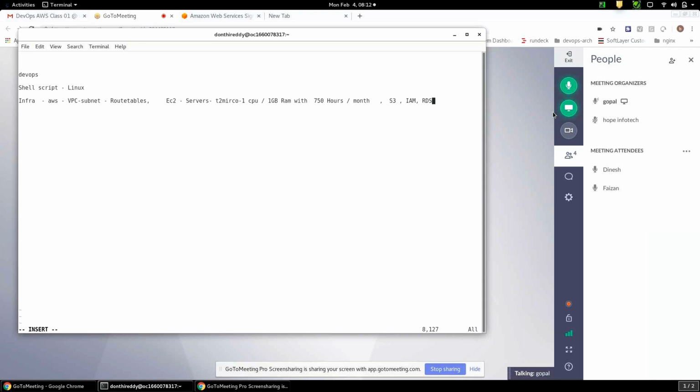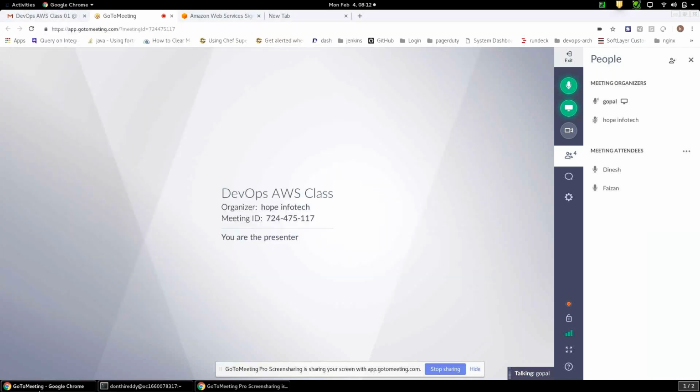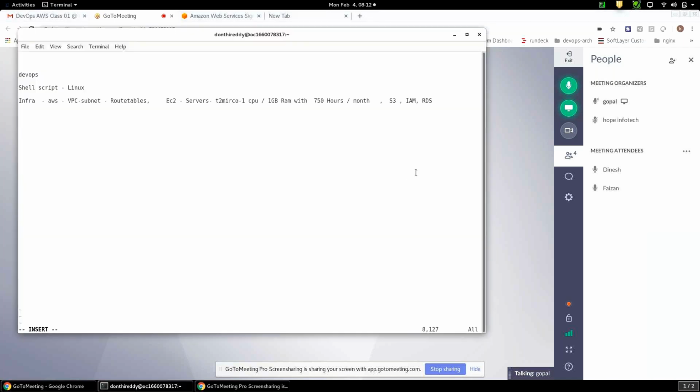There are MongoDB, Redshift, MySQL, PostgreSQL, so most of the used databases are provided in RDS. By any chance, does it allow us to install SQL Server? Yes, you have an option for SQL Server as well. You can go ahead and install that as well.